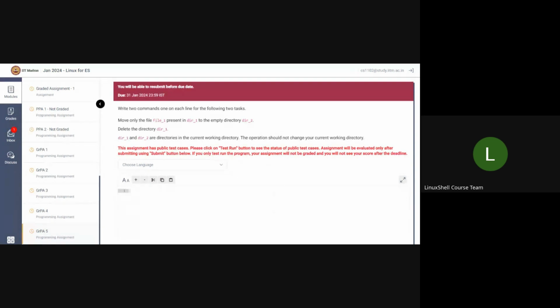Assume that file_one is present in your current working directory. Given this information, what necessary steps will you do one by one for the command that you put here? That way you should be able to get it.